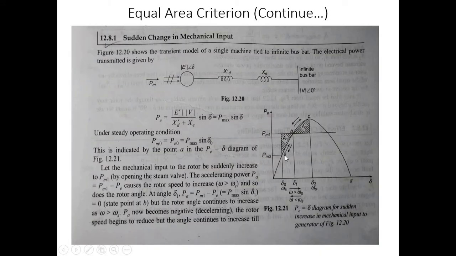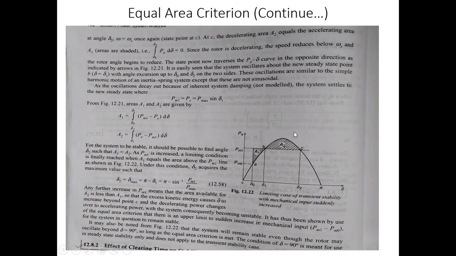That means the rotor angle oscillates between del 0 and del 2, and after some time it settles at point del 1. These oscillations are similar to the simple harmonic motion of an inertia spring system, except they are not sinusoidal. As the oscillations decay out because of the inherent system damping, the system settles at the new steady state where Pm1 is equal to P is equal to Pmax sin del 1, and areas A1 and A2 are given by: